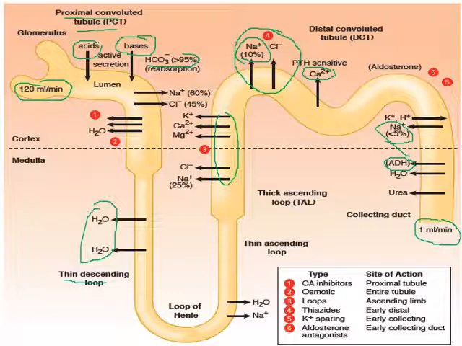The more dilute they form this fluid in the thick ascending loop, the better action of ADH will be there. So if these transporters are not acting efficiently, ADH will not be able to conserve the water. What is the function of ADH? That is antidiuretic hormone, is to conserve the water. So final conservation of water is at this site, and it is mediated by ADH. This is important.